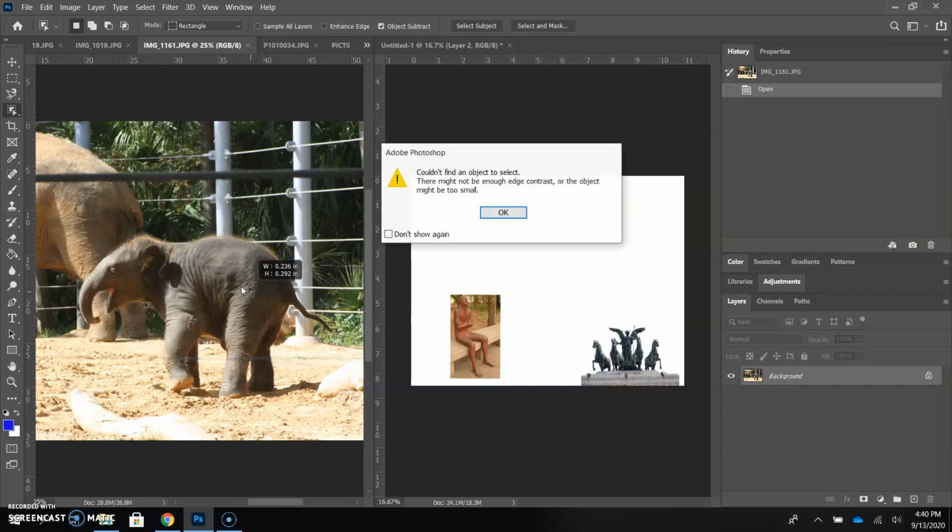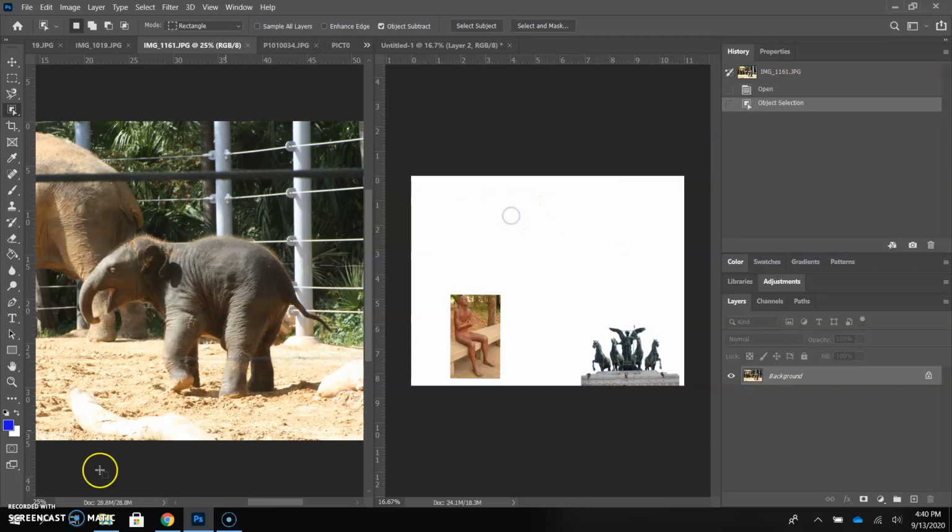I maybe froze my computer. All right, so I tried to, and I'm